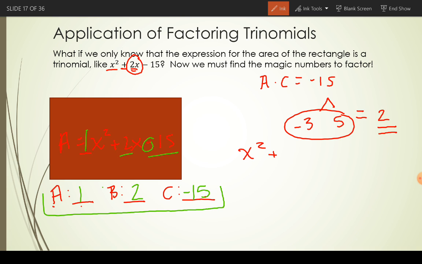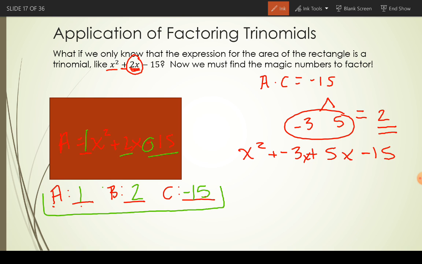So I'm going to have my negative 3 plus 5. Okay, now I'm missing something very important, and that would be the x's that I need to add behind them. Because when I add negative 3x to 5x, I want to make sure I get 2x and not just 2, because 2x is what's a part of my original equation. And then I add minus 15 onto the back.